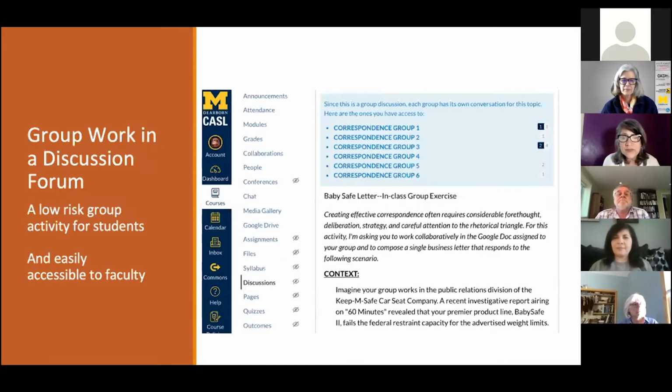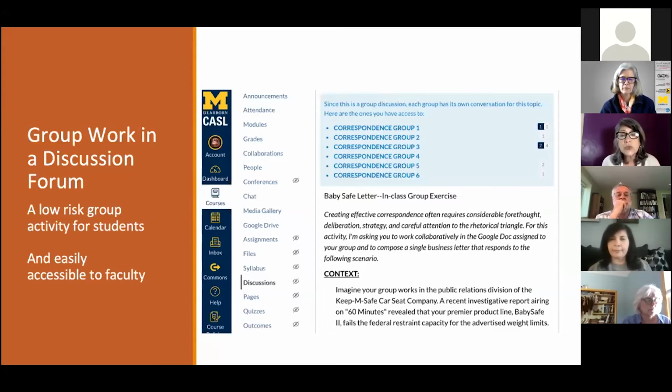Now, we've talked in a couple of the other sessions about the advantages of creating a low-risk collaborative assignment early in the term. If you're in Canvas, I recommend that you make it a discussion, because it's easy enough. Most of the students have some familiarity with discussion forums. Perhaps even ask them to reply to 2 of their classmates before a certain date, something like that, and actually include that in your rubric.